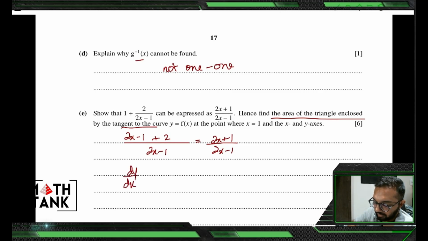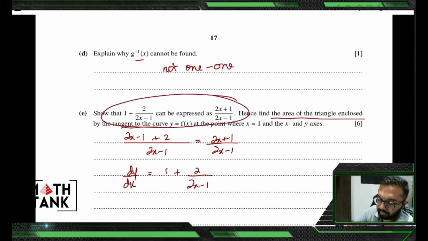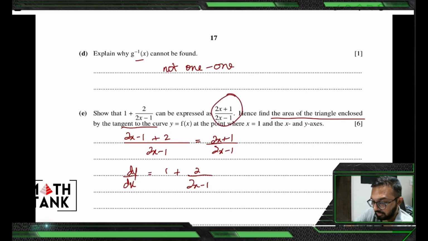So I have to work on a tangent. So what I'm going to do is I'm going to try to differentiate this. Now the reason why the question got you to do this expression is because you cannot differentiate this right now if you are in your AS level. There is a rule for that in A2, or if you've done AdMath there is a rule, but you can't use that in AS. That's why the question is asking you to go down a particular road. So that's why I haven't differentiated that.